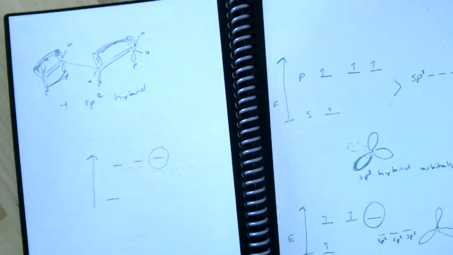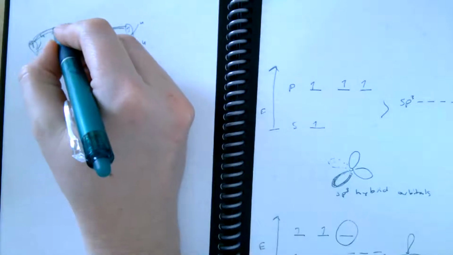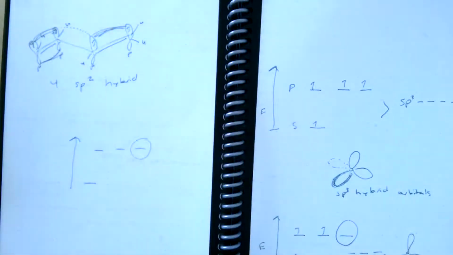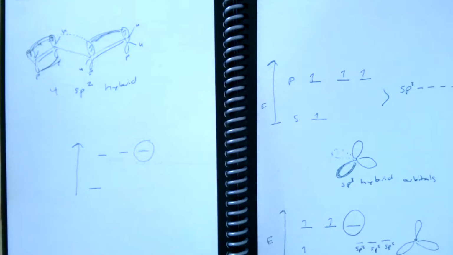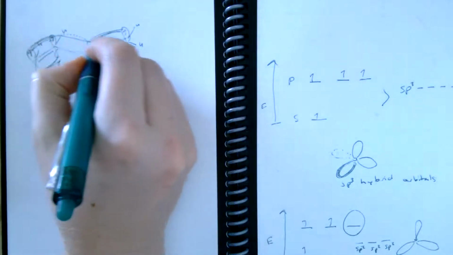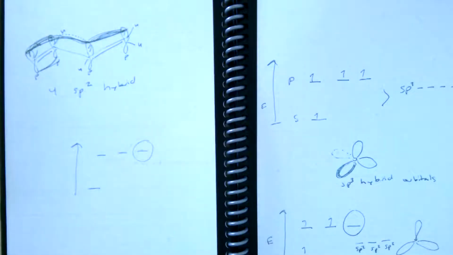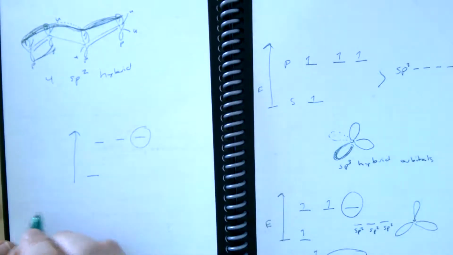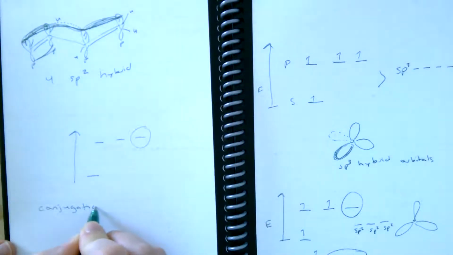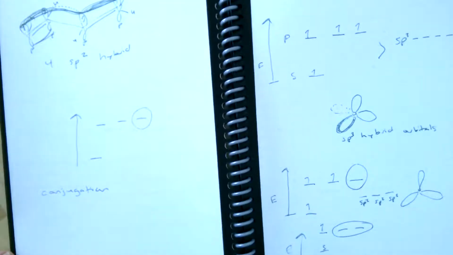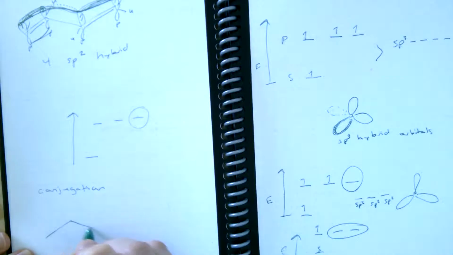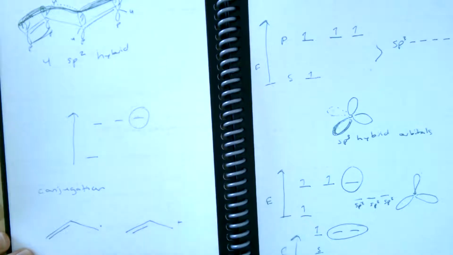However, when there's 2 orbitals like this overlapping right next to each other, there can also be overlap here between the middle. So actually, instead of just having 2 pi bonds where there's overlap, you sort of get overlap between all 3 of these, if that makes sense, or all 4 of those. So that's really what conjugation means, is that you have all these p orbitals that are in a row. And that's also why you have resonance stabilization, because if you look at the allyl radical or the allyl carbocation or the allyl carbanion, it has the same sort of breakdown here,